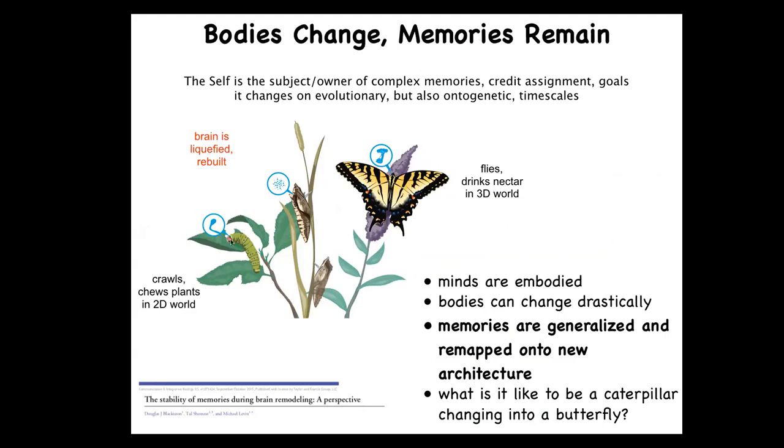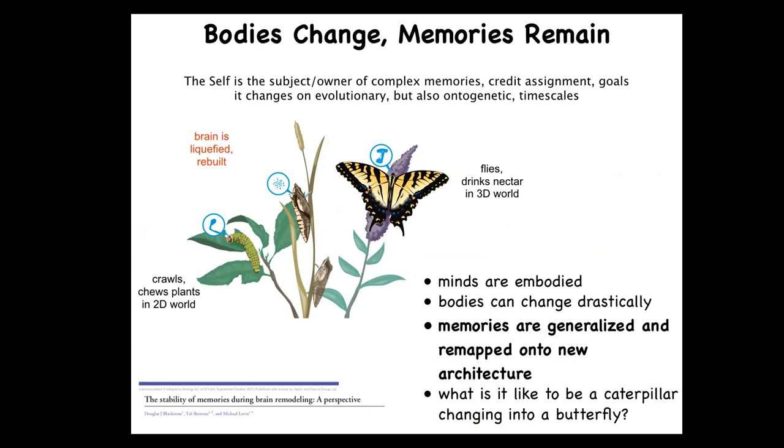And so this is a caterpillar. Caterpillars are a kind of soft-bodied creature with a very particular controller that runs a body that has no hard elements, meaning you can't push on anything. All you can do is sort of change turgor and things like that. And it lives in a two-dimensional world eating leaves, but it has to turn into this.